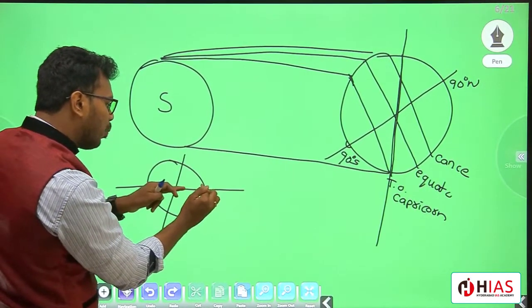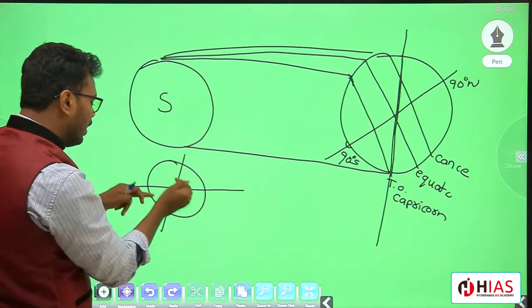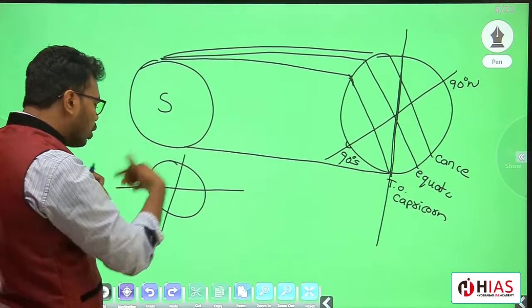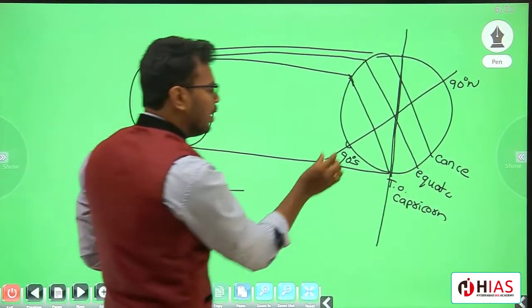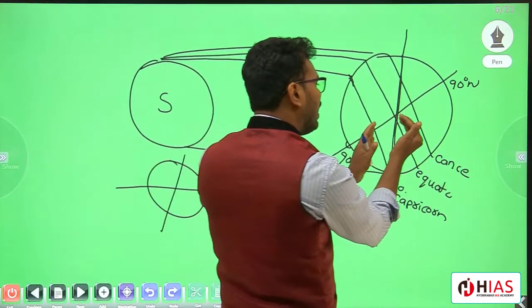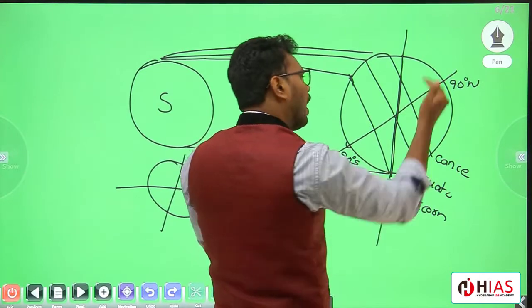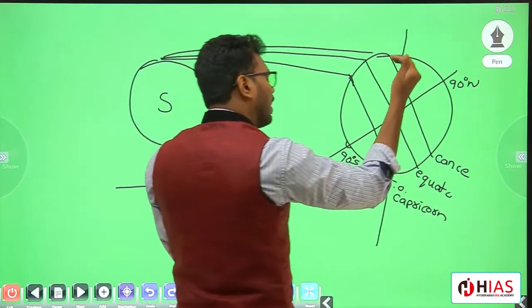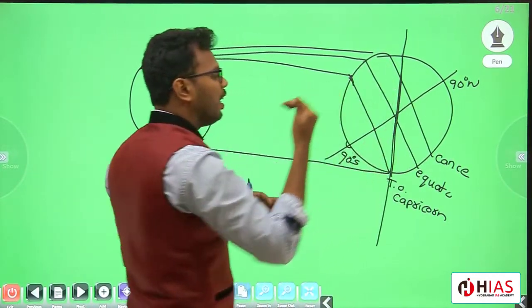So that is why the North Pole is completely away from the sunlight, and the South Pole is completely towards the sunlight. That is the reason. From the South Pole to the North Pole, gradually the length of the day will be decreasing, and from the North Pole to the South Pole, gradually the length of the daylight will be increasing.